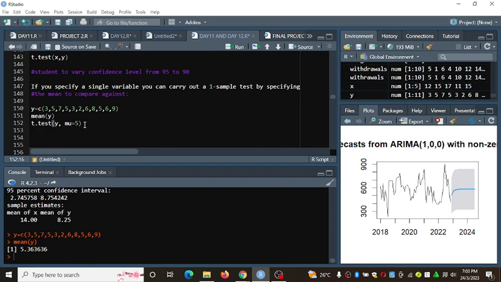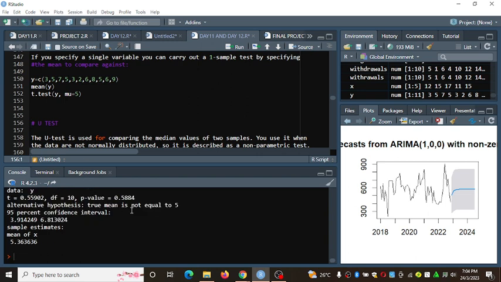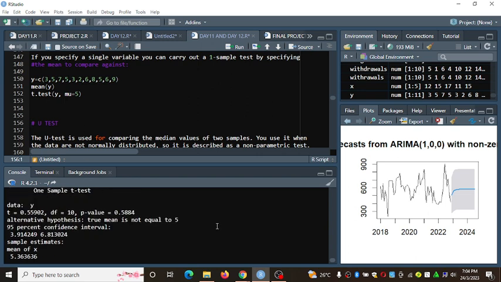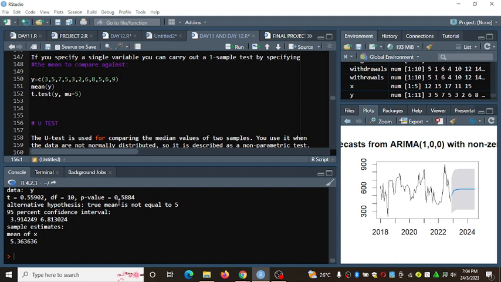And I want to perform a t-test of y comparing this mean together with the mean of 5. Let's see. Okay, you can see what we have is 0.58.